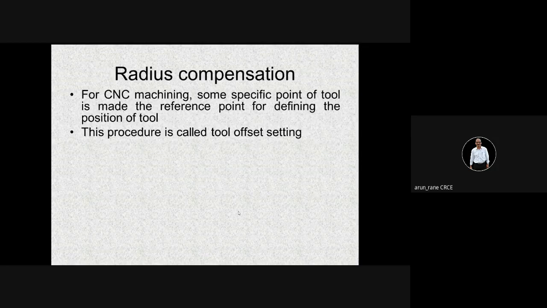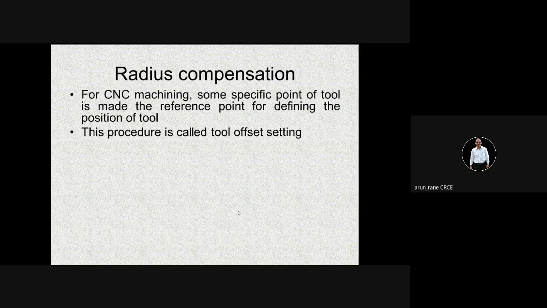Whenever you say G00 X50 Y100, that means the spindle center line is moving. But to consider the tool diameter, if you are doing some external cutting at X50 and Y100,